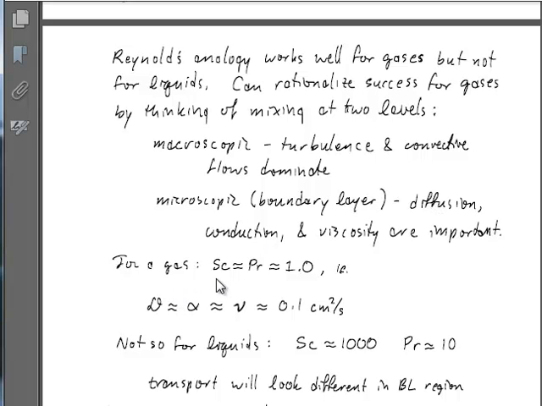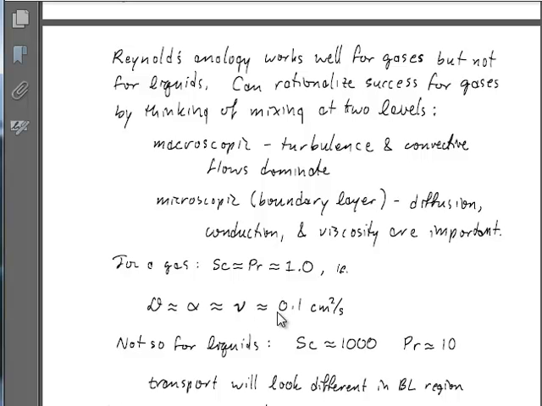So now for a gas, we're going to use the fact that the Schmidt number and the Prandtl number are both approximately 1, right? And the result of that is that the diffusivity and this alpha parameter and the kinematic viscosity are all on the order of 0.1 centimeters squared per second, right? So you can think of it in terms of this saying that these things are all about equal to 1 is the dimensionless numbers statement of this, actual quantitative statement with units. That all of these coefficients that govern mass transfer, heat transfer, and momentum transport, they're about the same